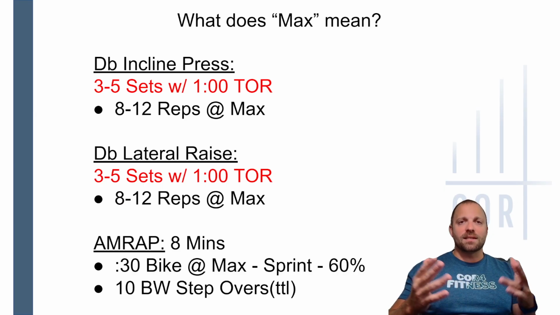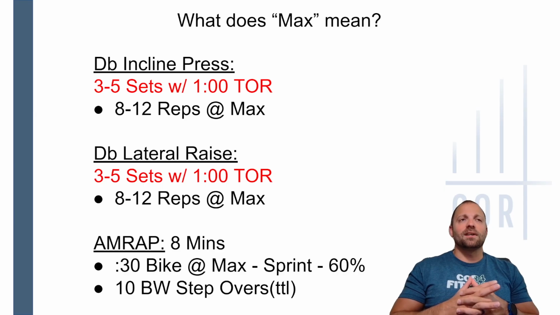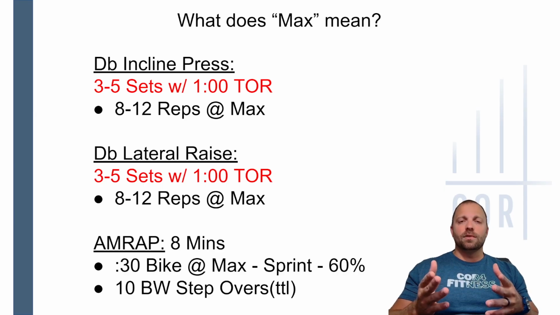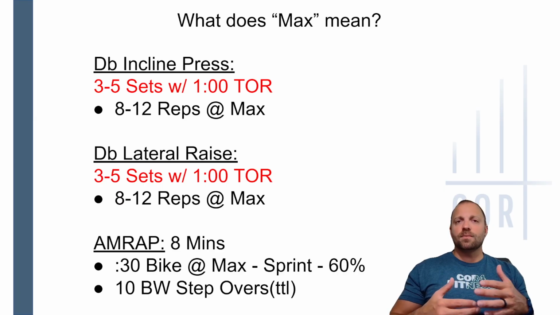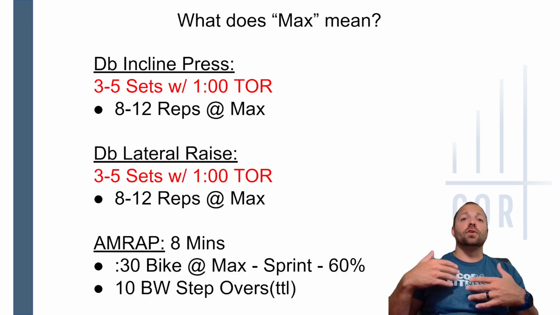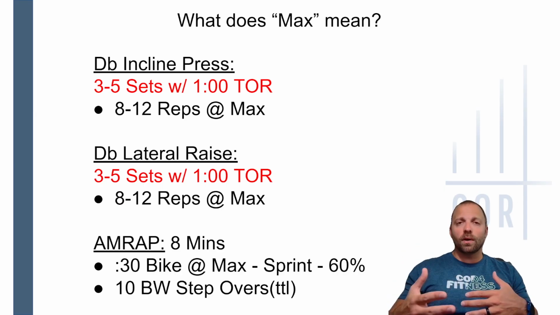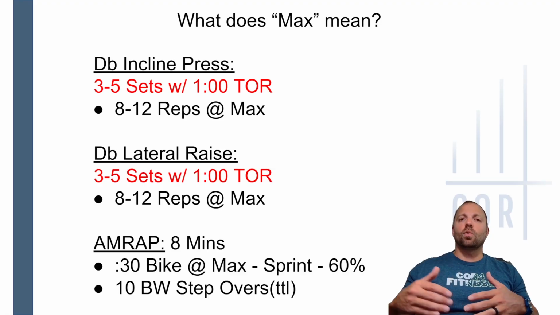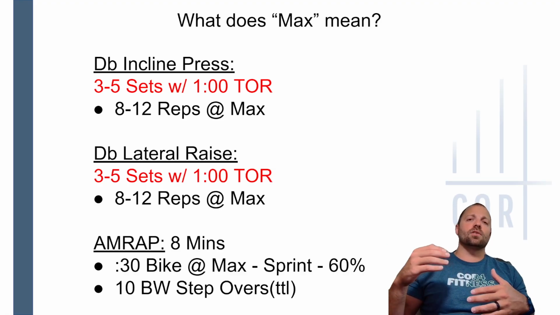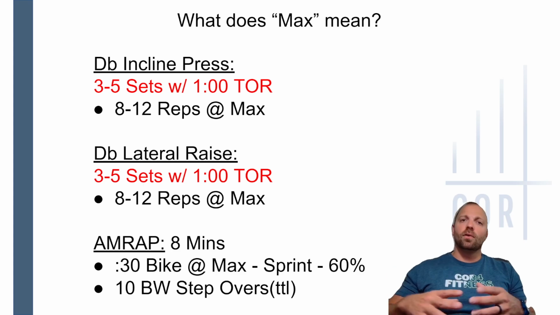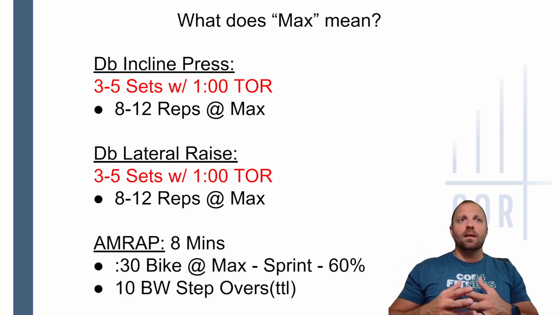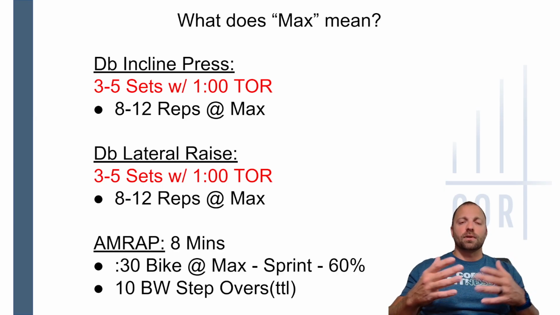Now, I'm not going to say never, but 30-second sprint is just not really something that I feel fondly of. I'm not saying it doesn't exist, because it definitely does in maybe some weird scenarios. But 60%, you see that all the time. You might hear us say 60%, 70%, 80% output. Now you're basing that off of your ability to pace yourself and what you're capable of. Percentages are correlated to RPMs on the bike. Percentages are correlated to split times on the ski erg and the rower, and to speed on the treadmill. Sprinting is just go. And then max kind of blurs the lines a little bit.